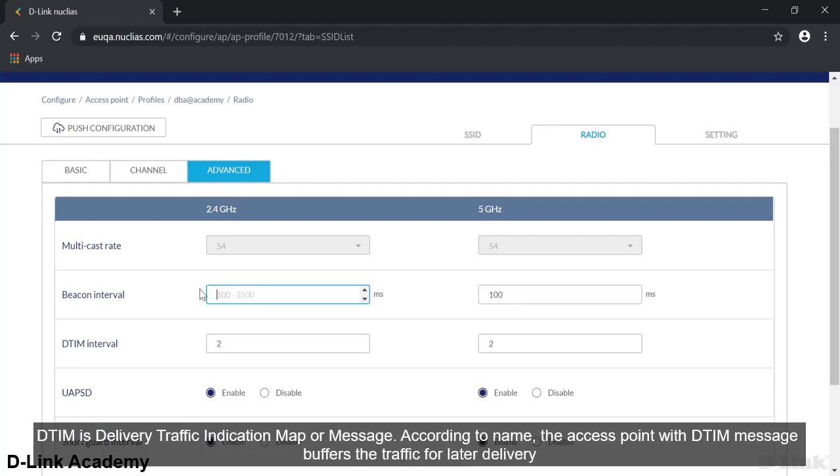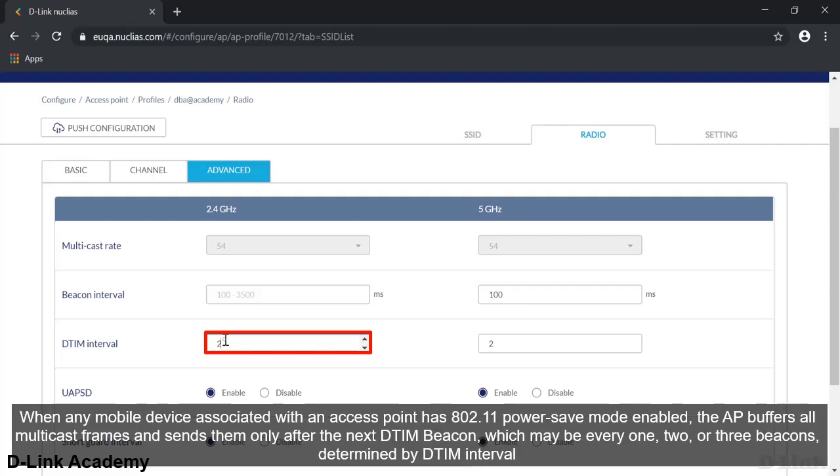DTIM is Delivery Traffic Indication Map or message. According to the name, an AP with DTIM message buffers the traffic for later delivery. When any device associated with the AP has 802.11 power save mode enabled, the AP buffers all multicast frames and sends them only after the next DTIM beacon, which may be every 1, 2, or 3 beacons, determined by